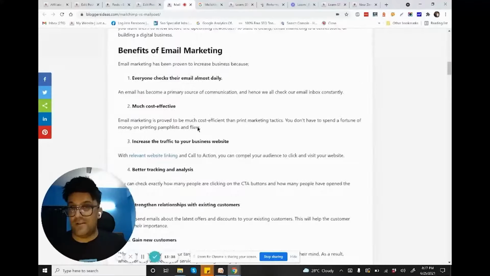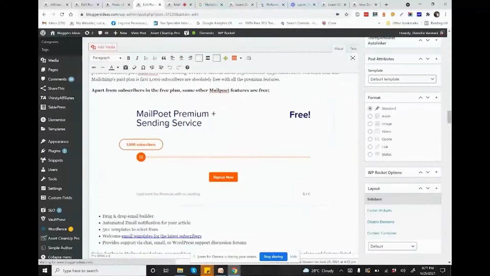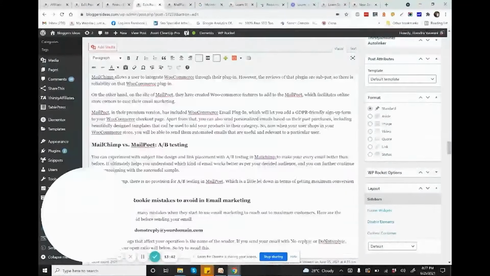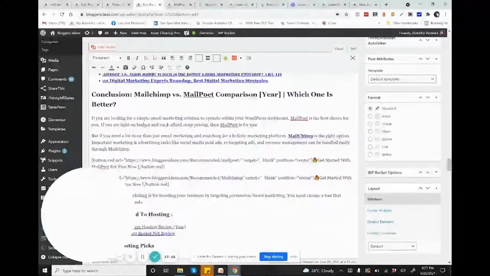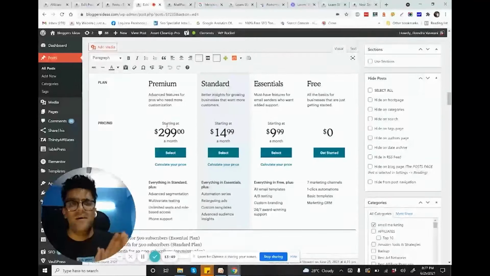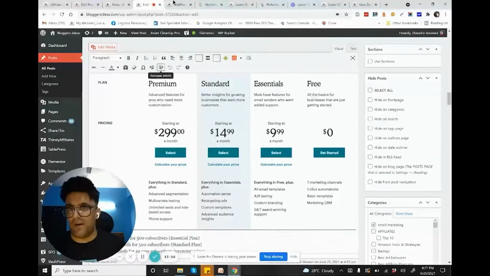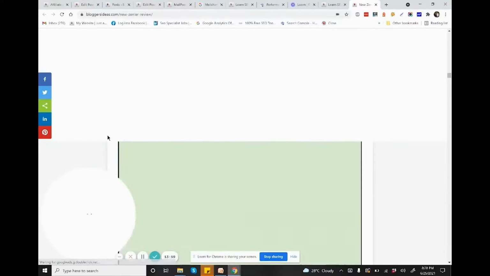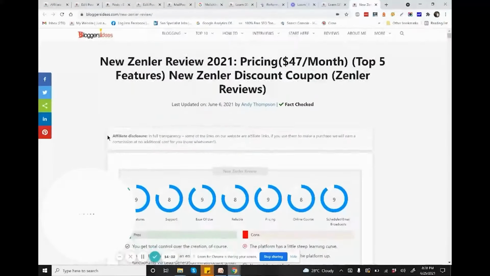I'm actually sharing with you a live post, so you can see inside the dashboard what kind of interlinking I have, how many H2 tags I have. Whenever you're writing content, you should have clear and precise information for the readers. It's very important. I'm going to share one review article on my blog, so this will give you an idea of how I'm optimizing my review articles.